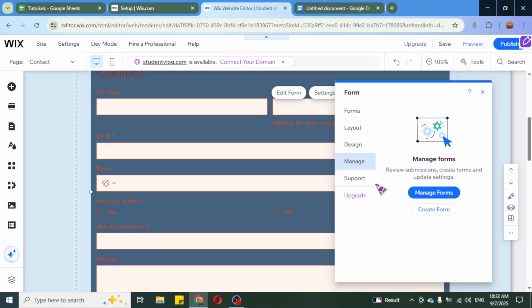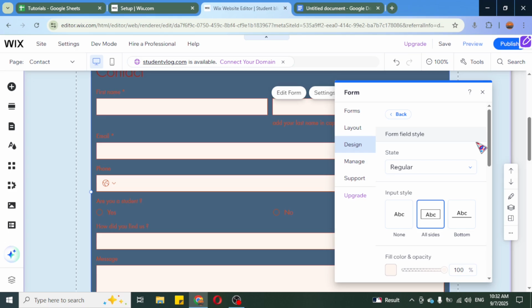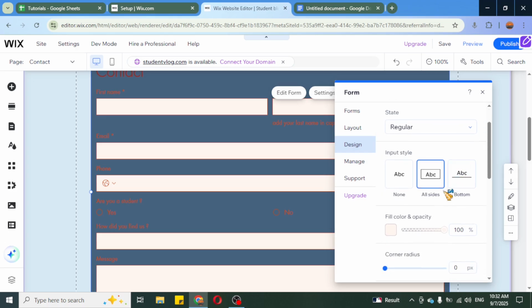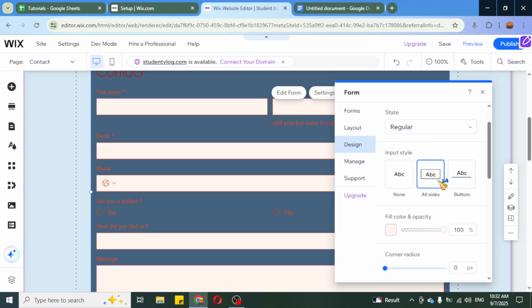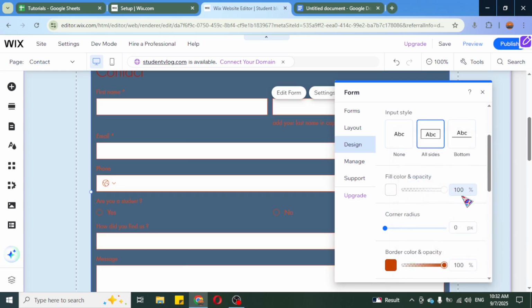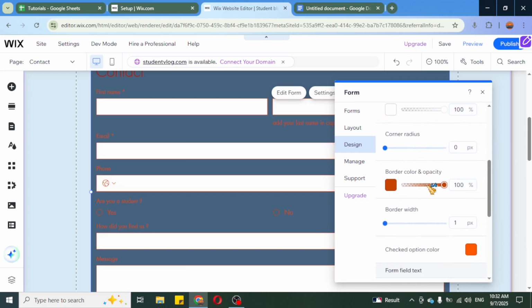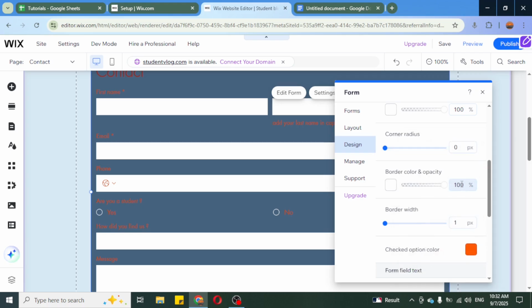And then we have the manage. I think, okay, here I want to change the form fields. So here for the form fields, you can choose if it's none, if you have all sides and stuff like that. The fill color opacity, I want it to be in white instead of that peach color. I want to add the border color and opacity, I want them to be in white, I think. Yeah, that's better, because the background is